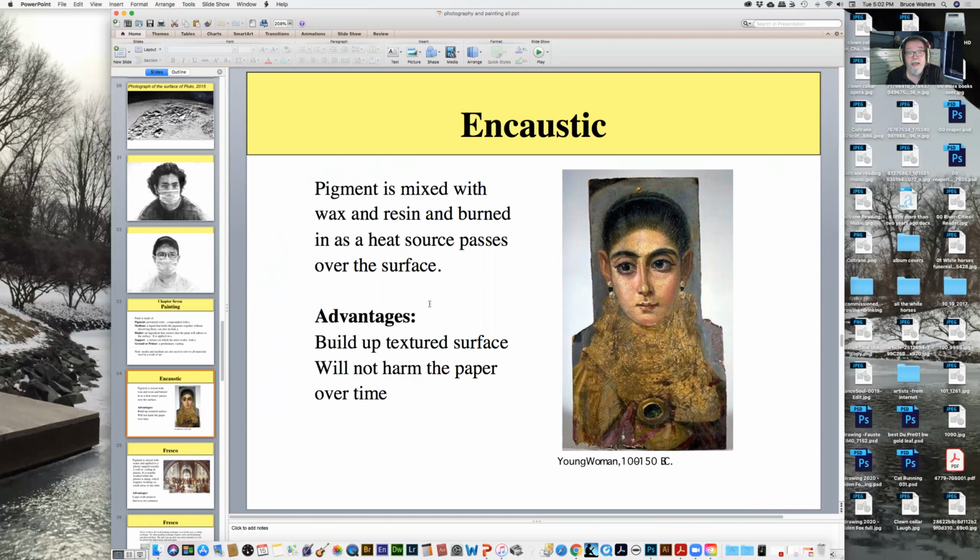Some of the painting media is encaustic, which is a very early form of painting. It's mixed with wax and resin. And these paintings, as we look at the date on this, is sort of obscured, but this is more than 2,000 years old, this painting. Fresco